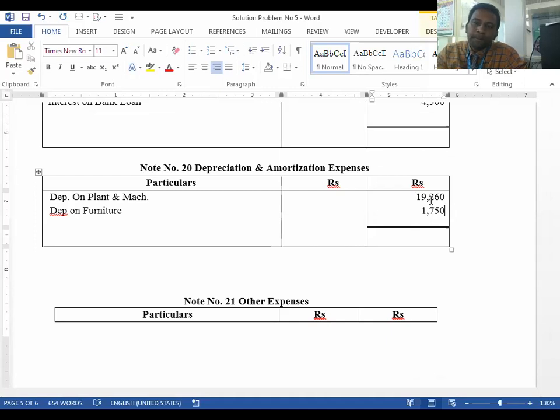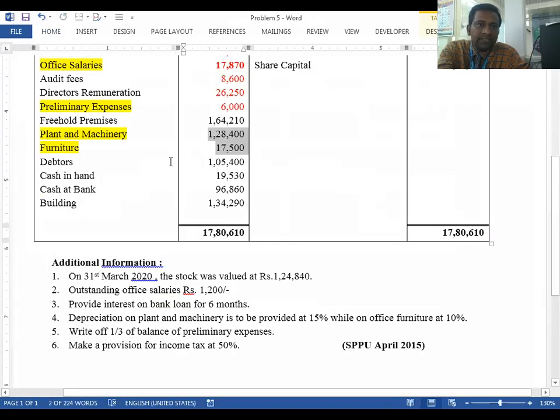Again, the amount of depreciation is deducted from the respective asset under the notes tangible asset, and the deducted amount of depreciation should be transferred to notes number 20, that is depreciation and amortization expenses. Okay, fine. Then next item is